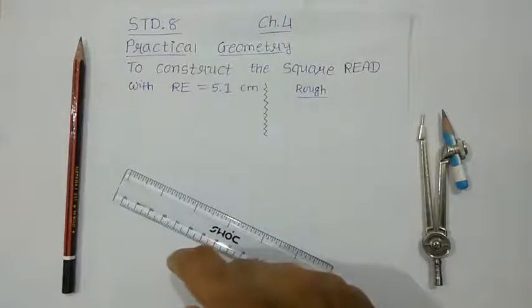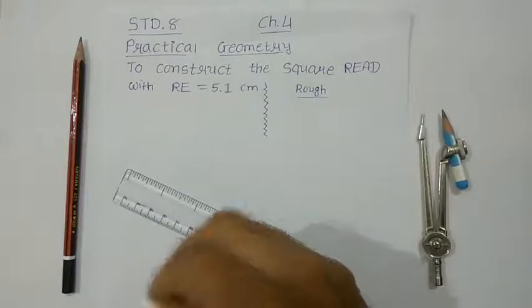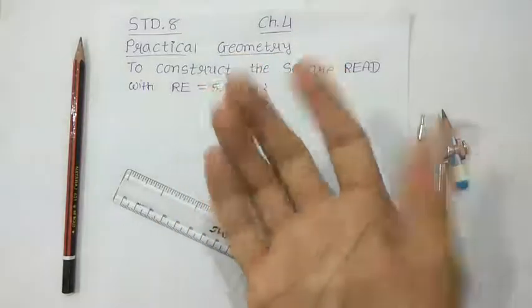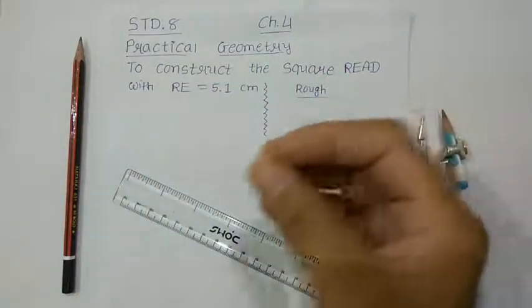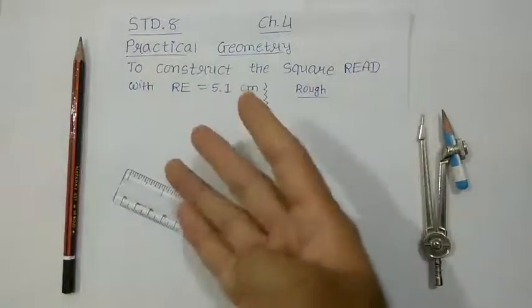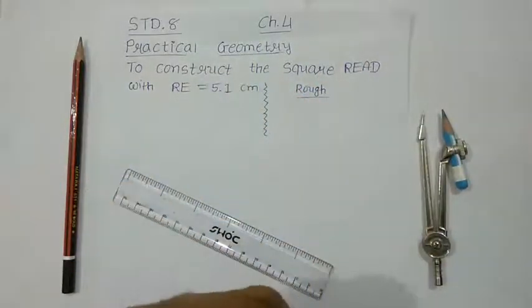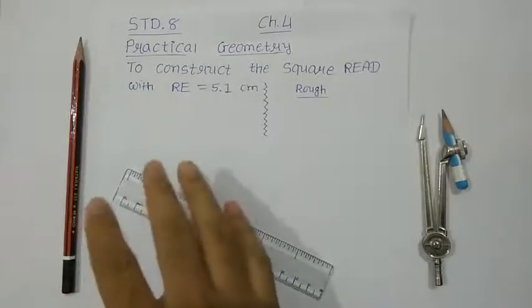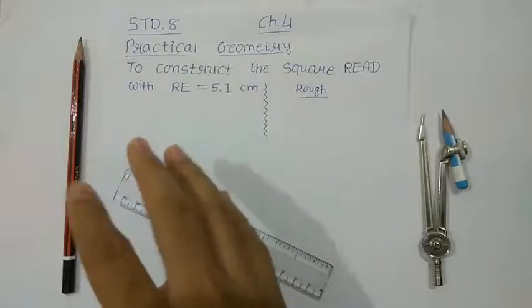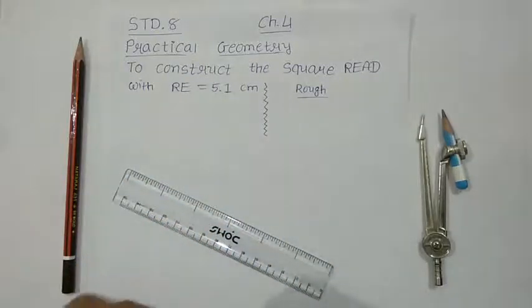So till now we have studied how to construct the different types of quadrilaterals in which 5 measurements are given, right? Either 3 sides and 2 angles, or 3 angles and 2 sides, or 3 sides and 2 diagonals. So in this way, we now know how to construct different types of quadrilaterals. This is the last topic of this chapter, and that is the special cases of quadrilaterals, right?